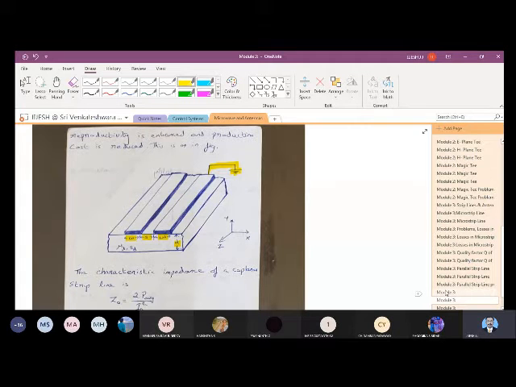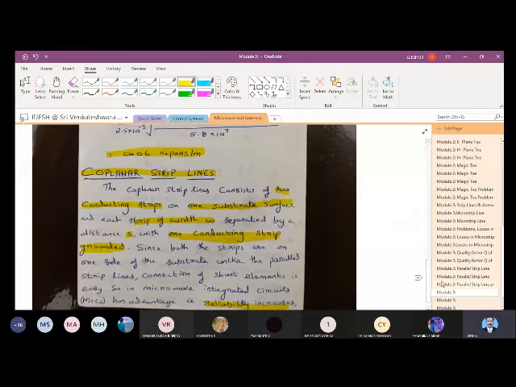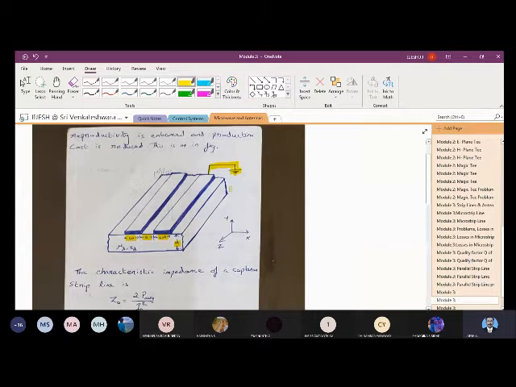We started with the coplanar strip lines in the previous class. We know that there are two strips of width W, separated by a distance of S, and one of the strips has to be grounded. That is the process. You have the dielectric substrate with mu d and epsilon d, and the strips are separated from the ground by a distance of d, so that it is possible to define these coplanar strip lines.